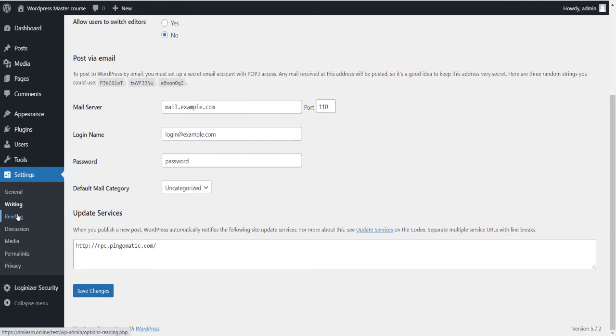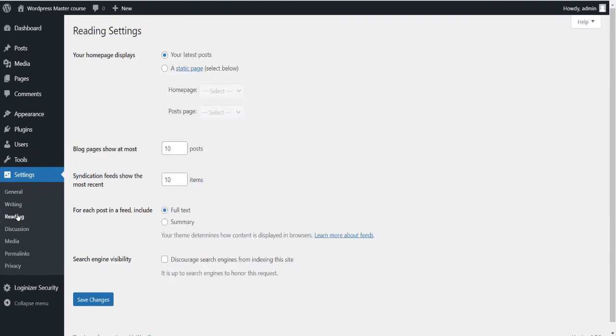In reading, in the coming video I'll show you how to use it. But suppose you have a blog, so the latest blog posts show on your home page. If you want to display a different home page for different users, you can use these functions. If you have knowledge about SEO, you know about indexing and all these things. If you don't know, in the Yoast SEO section you will get a lot of information about SEO, WordPress SEO. But right now it's enough for you. You don't need to think about it too much. You can discourage or encourage search engines, it totally depends on you.